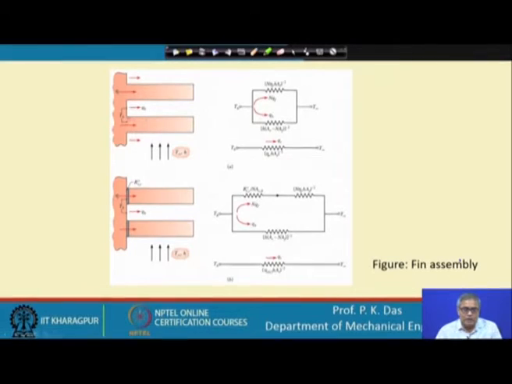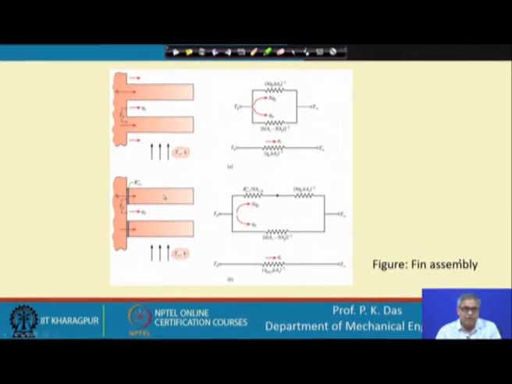So, there will be some temperature at the fin base, and these are different resistances. One resistance will be provided by the fin and another resistance will be provided by the surface area in between the fins, that unfinned surface, the primary surface. So, we can make a thermal circuit like this. These are parallel paths. Heat can flow through this, it can flow through the surface of the fins. So, for understanding, one can have a thermal circuit as shown over here.